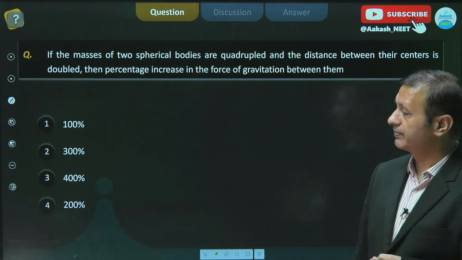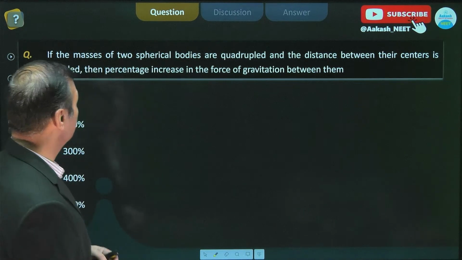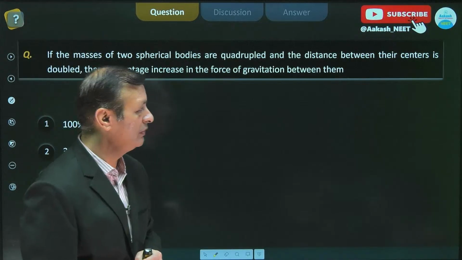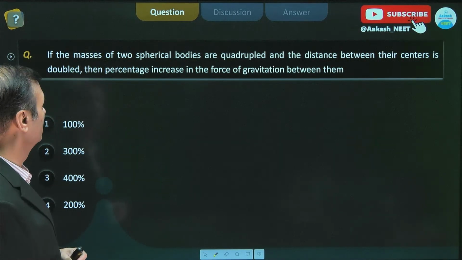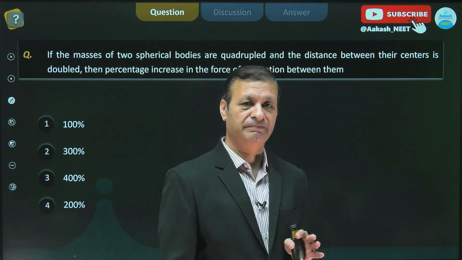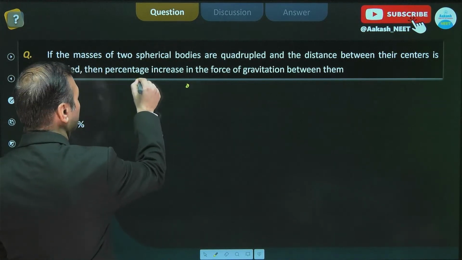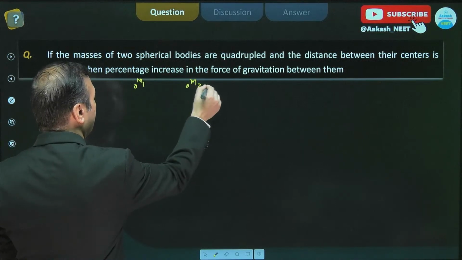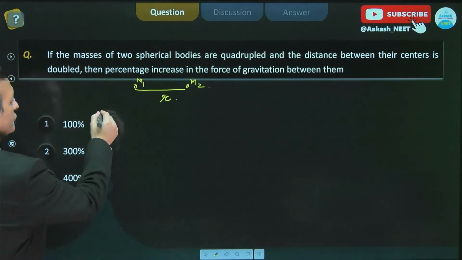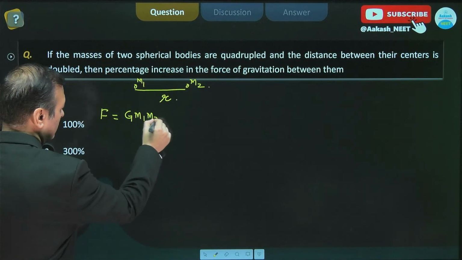So now let's move to the next numerical, which is based on Newton's law of gravitation. It says, if the masses of the two spherical bodies are quadrupled, and the distance between their centers is doubled, then find the percentage increase in the force of gravitation between them. So let's suppose we have two masses, m1 and m2, separated by r. So initially your force is G m1 m2 by